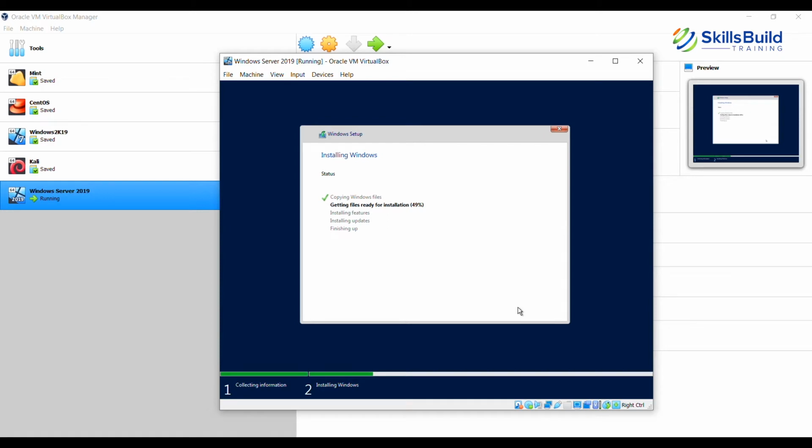It makes sense for the large enterprise to use the data center because with one license on one single server, you get an unlimited number of virtual machine licenses as well. That is basically the primary difference between the data center and the standard edition. In this particular video, we are going to be using the standard edition.